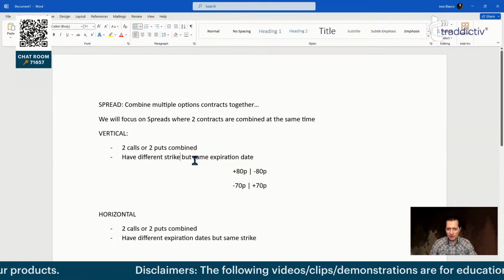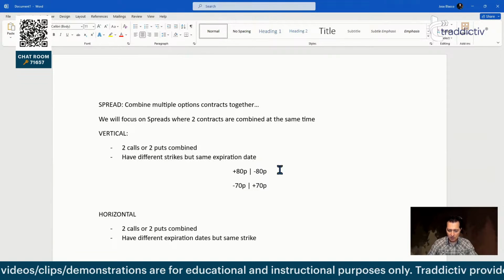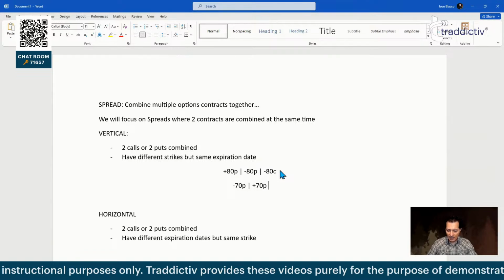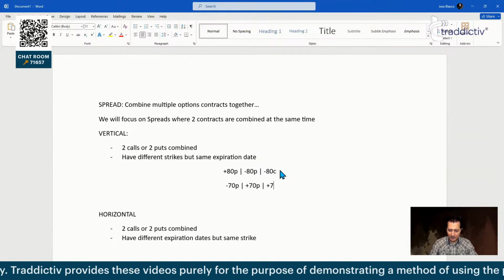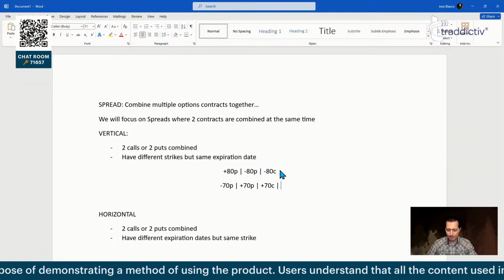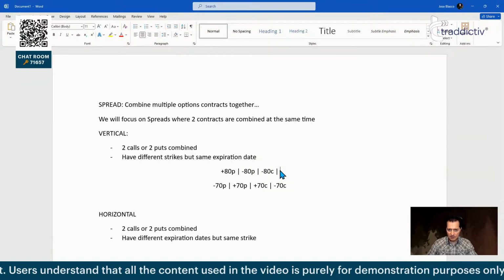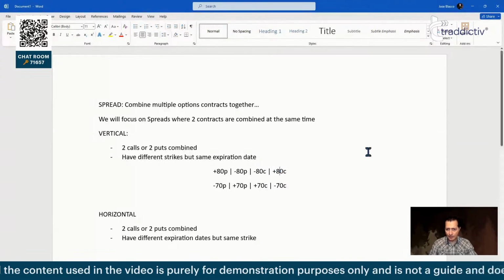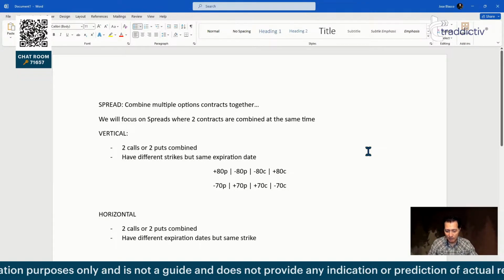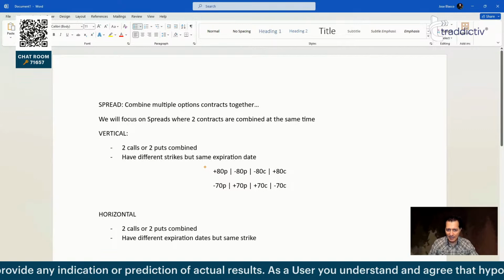So different strikes and same expiration date. Okay. Of course, the same thing could also be done with calls. Okay, so you could maybe sell the 80 call and buy the 70 call, or you could sell the 70 call and buy the 80 call. So this is very simple. I'm just sharing with you four combinations. It is also very confusing if it's the first time you see that in your life. It's like, okay, wait a moment, Jose, let me think. Well, let me think about this.